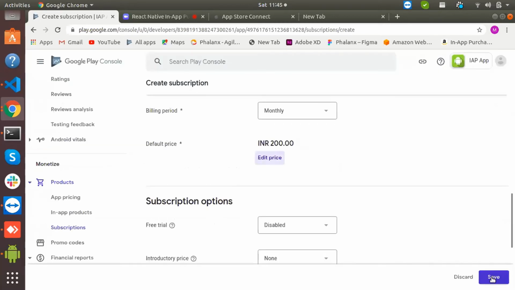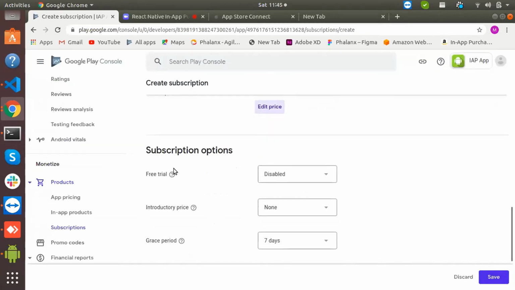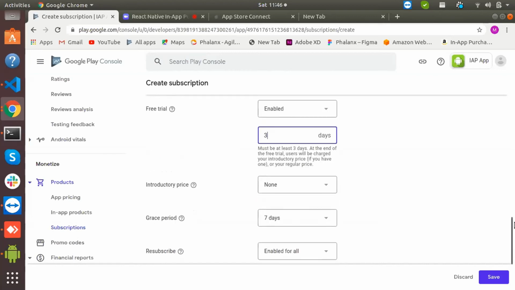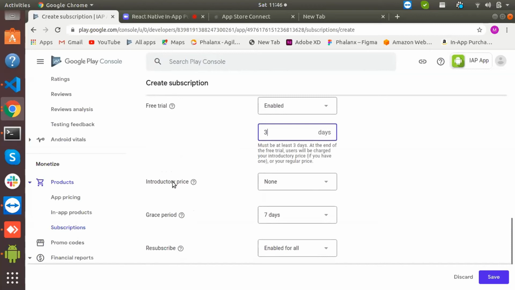And then apply the price. Here we can choose whether the free trial is applicable or not. If we enable the free trial, then we need to choose how many days we want that free trial. Here a minimum of 3 days free trial is required. Then the introductory price.